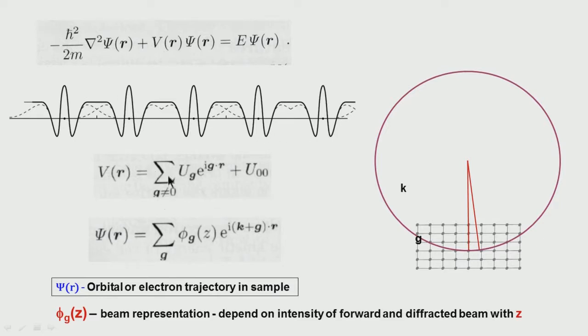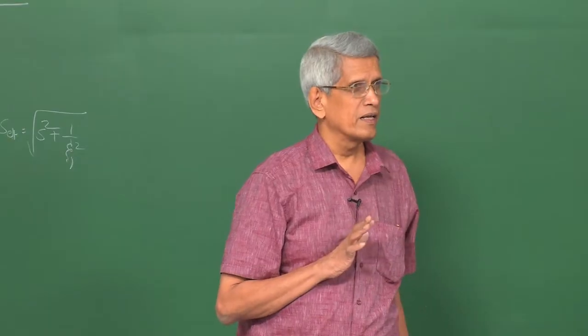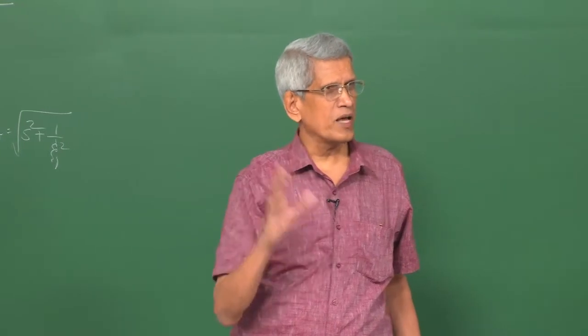Then we can write the sum of this, with U g for each of the waves which we consider with a particular g frequency, being the Fourier coefficient corresponding to that. This is the way the potential could be represented in the sample. Is it clear? Because atoms are arranged